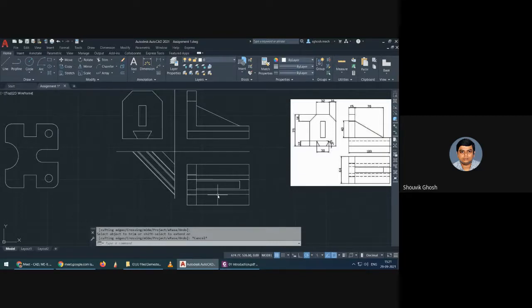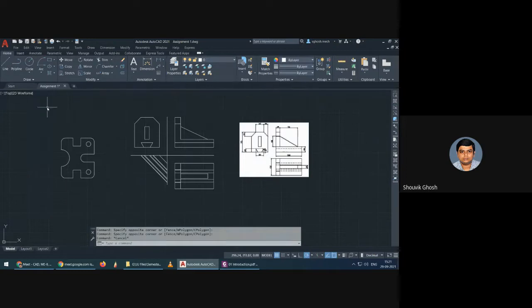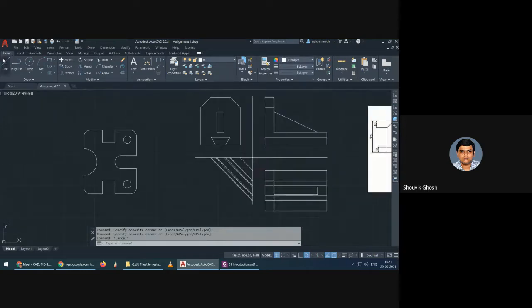So now we have to change the lines. Suppose what I will do, I will select, oh, for this particular figure we need the,